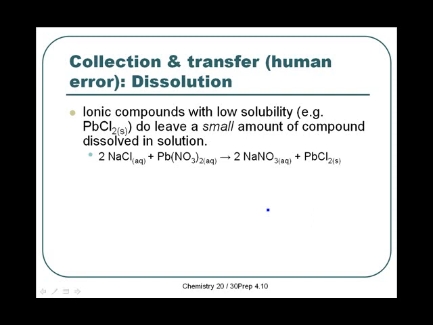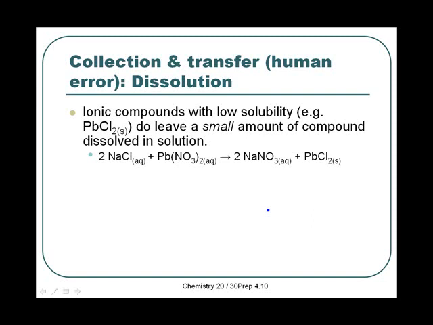One is dissolution. So ionic compounds with low solubility. When we look at our solubility table, and if you were to look at it now, you'd see that there are three rows, and the top row is just the negative ions. The second row tells you what's really, really soluble. And then the third row says slightly soluble, and up until this point we've been saying slightly soluble or soluble less than 0.1 mole per liter means insoluble. And of course that's an